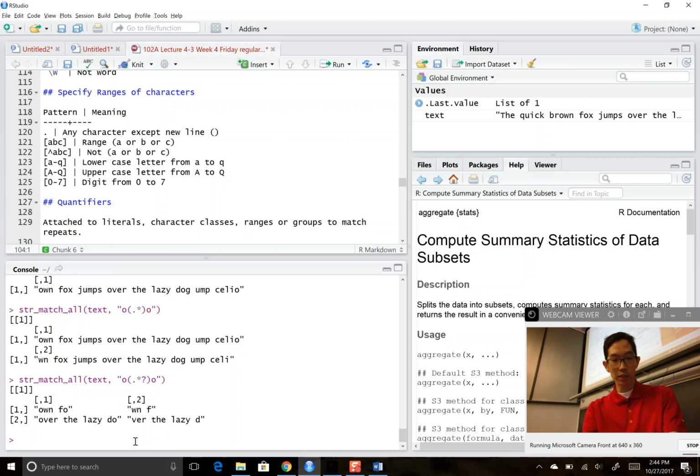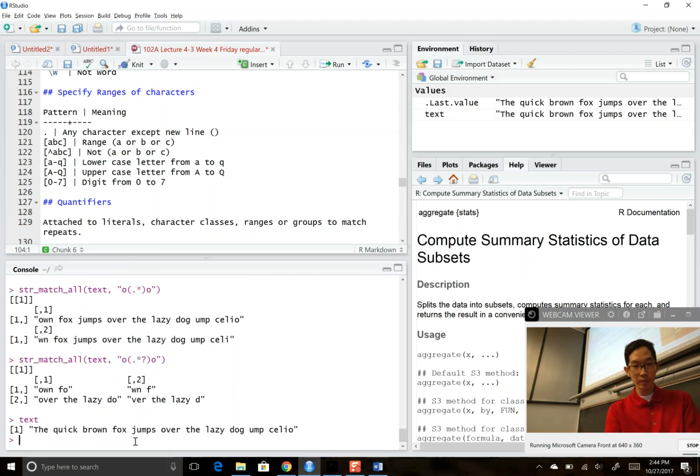If we take a look at the original text, this is what it's doing. The parentheses establish capture groups, and it says, did you match this pattern? Yes. Except maybe you are not interested in the entire pattern. You only want some aspect of it. So for example,